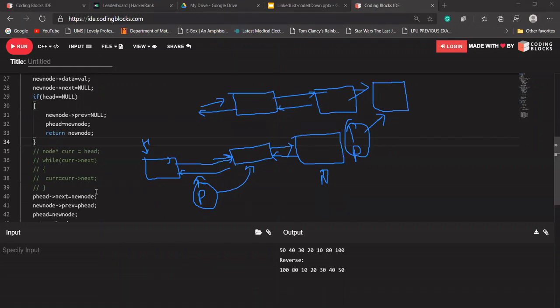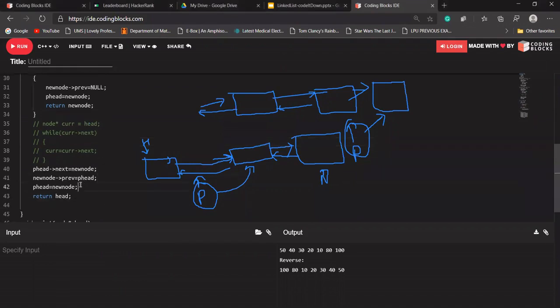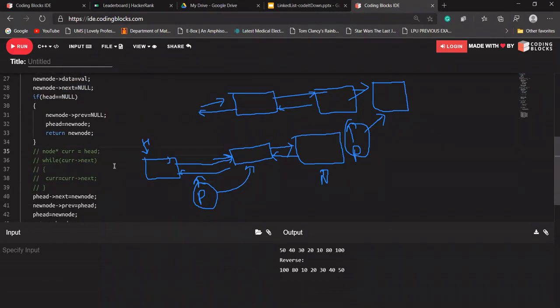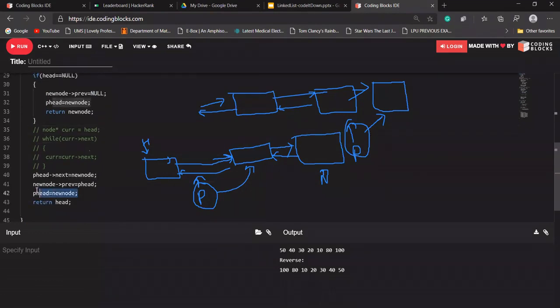Okay, now this was the newly created node. Its next is already pointing to a null value, since we have already created new nodes. Now p head: previously p head was pointing to this node, now it should be updated to point to the new node, because we have to keep track of our last node. Suppose after this call we want to add something to the last of our linked list, so p head should be updated.